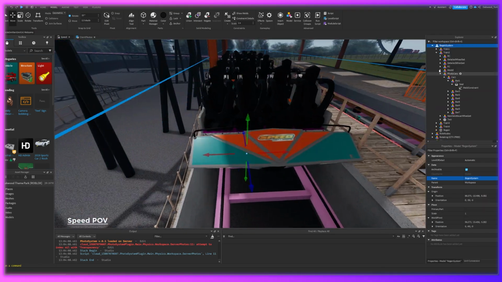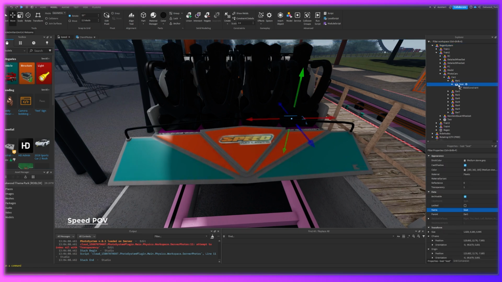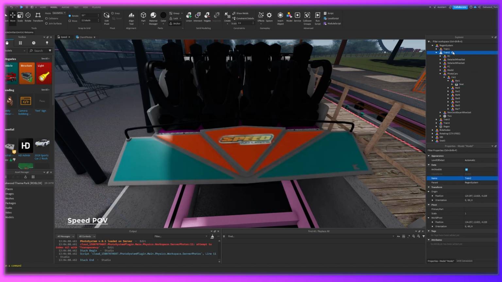and so on. Okay, so all you do is group them and name the model bar 1. You've got to group them individually, so you'll be like that. And the seat part actually needs to be named just seat, and it needs to be in a model called photo cards. So what I've just done, I've clicked this model, photo cards, and then I've pressed model